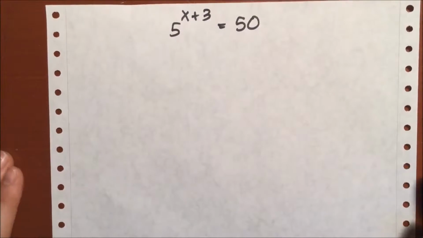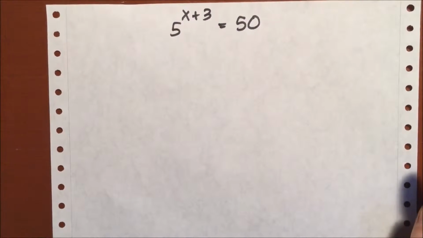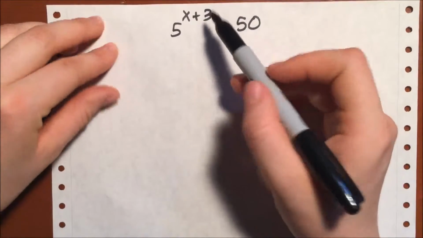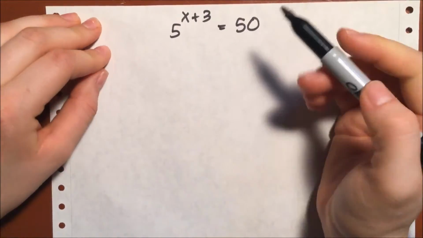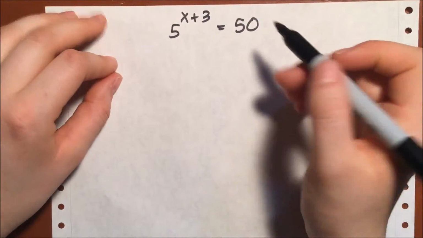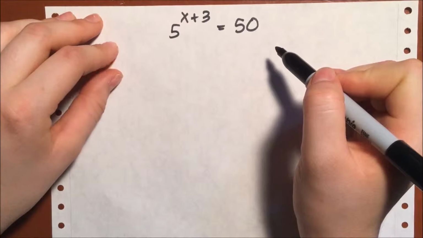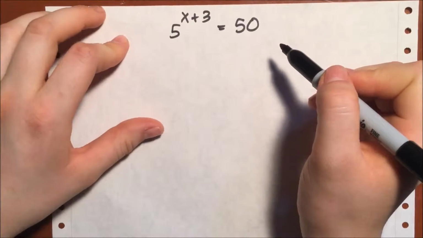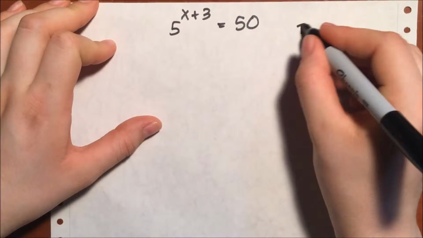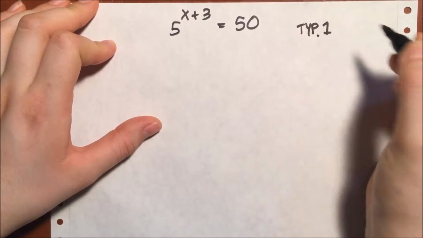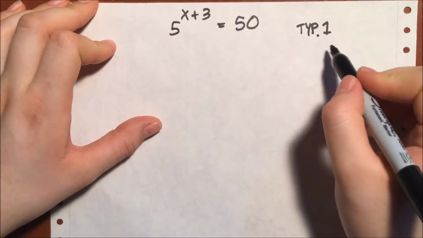Okay, so I have here an exponential equation. The way I know it's an exponential equation is I have my variable in the exponent. So when I look at this, you wonder to yourself, is it a type 1 or a type 2 exponential equation? If you remember, type 1 means that you can get the bases the same